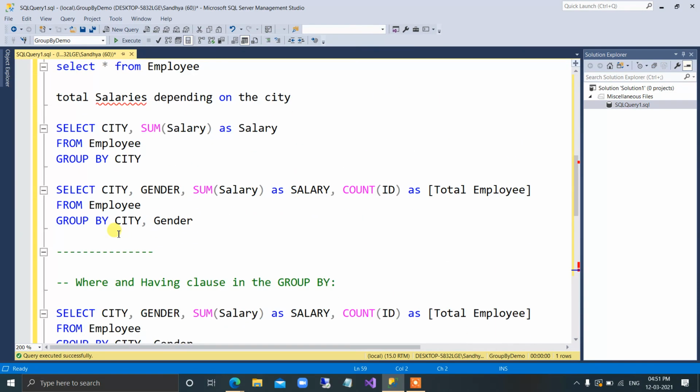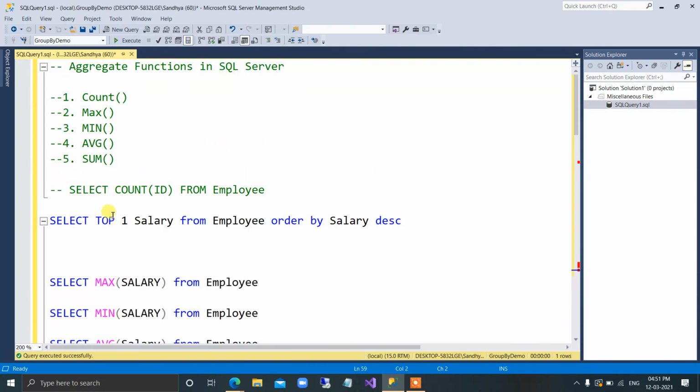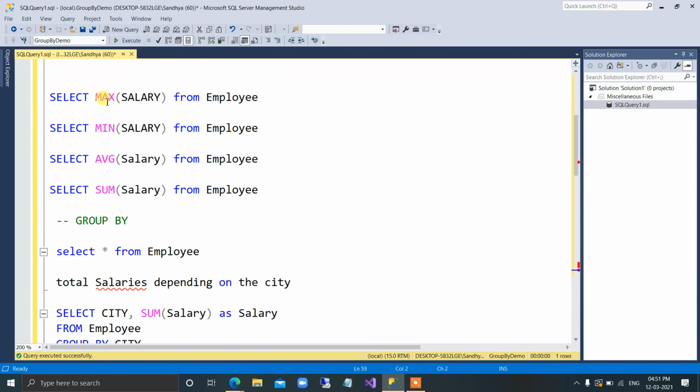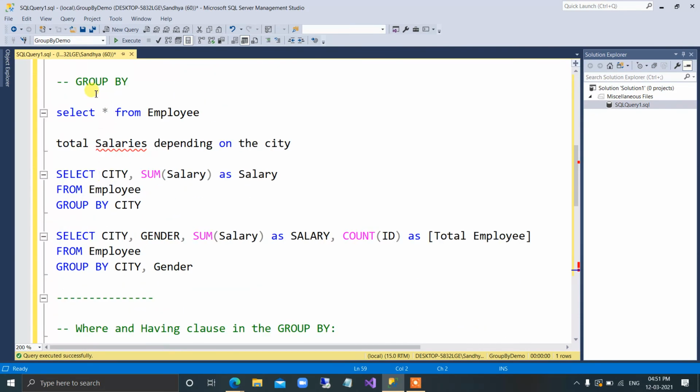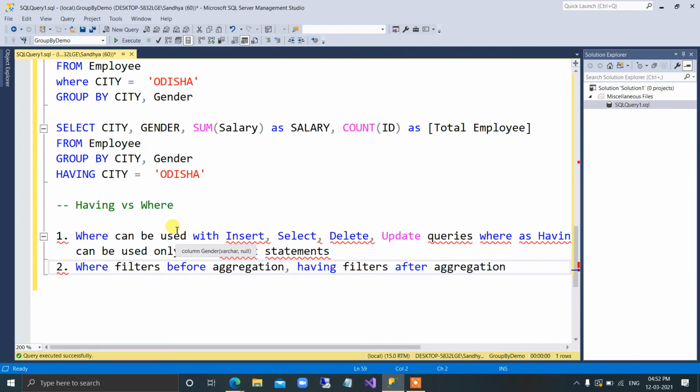So we covered what aggregate functions are and how they are used. We saw what group by is, we used group by on a table, and I wrote two queries. You can practice on multiple queries and find out the groupings. And we saw the usage of where and having, and the difference between them. So we will end the session today here. It's a small session, and we will catch up in the next session. If you have any doubts, you can contact me or send me a message.